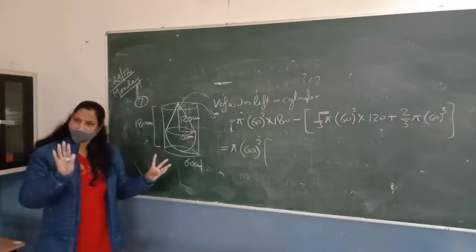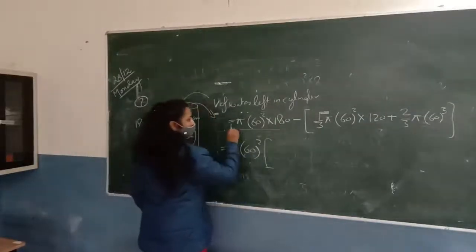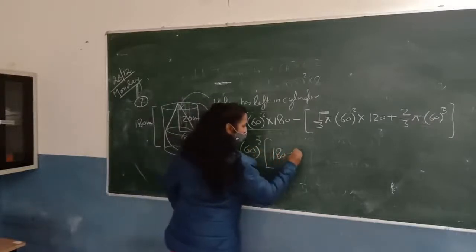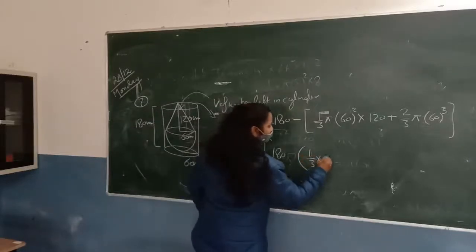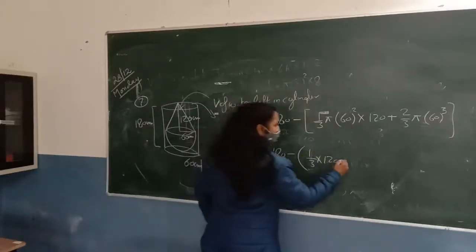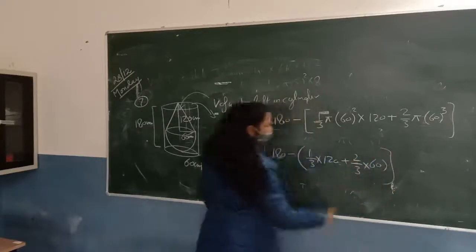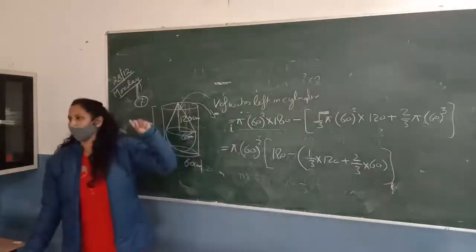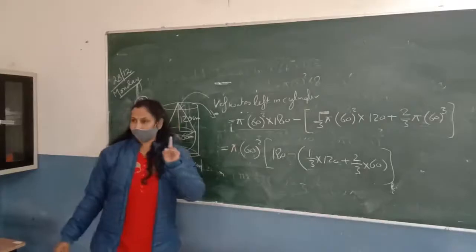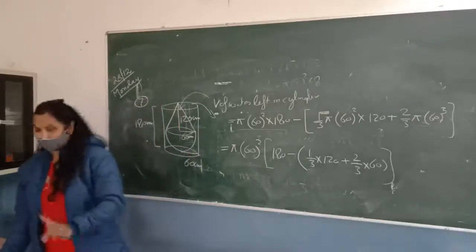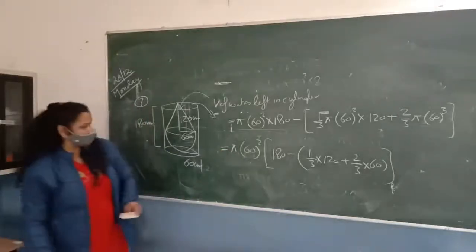आप जब भी कॉमन लेते हो कैलकुलेशंस को कम कर देते हो. So what is left here? It will be 180 minus यहाँ क्या बचेगा? 1/3 into 120 और वहाँ क्या बचा? प्लस. Yes. इस पर्टिकुलर क्वेश्चन में जब आप कॉमन लेते हैं क्योंकि वहाँ पे एक साथ 3 वैल्यूज हैं तो बहुत ध्यान से कॉमन लेना. और आपको मैंने बोला आप जब भी कॉमन लेके क्वेश्चंस करते हो कैलकुलेशंस को कम कर देते हो, आपका टाइम भी बचता है और मिस्टेक्स भी बहुत कम होती है. लेकिन इस क्वेश्चन में तो आप बहुत ध्यान से कॉमन ले रहे हैं ना.